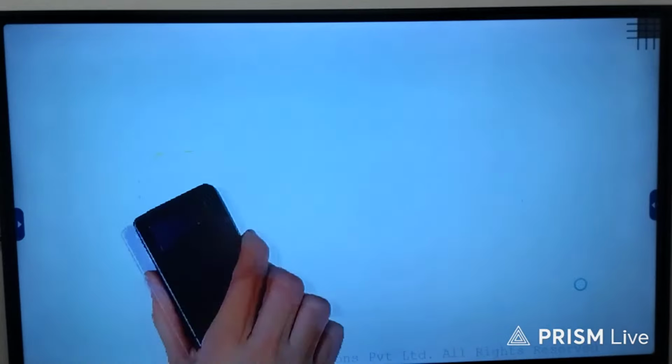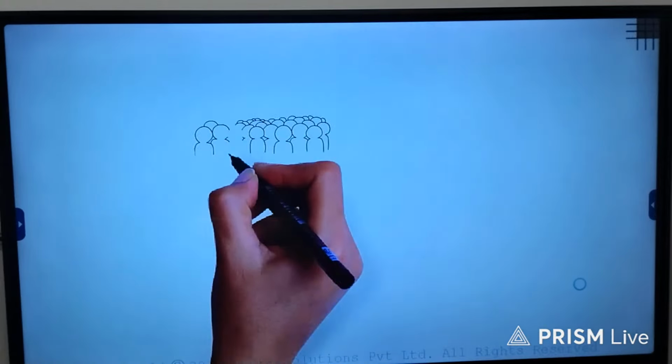Please select number of students in a class or number